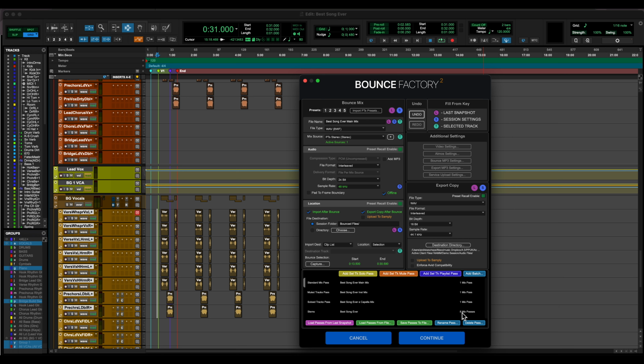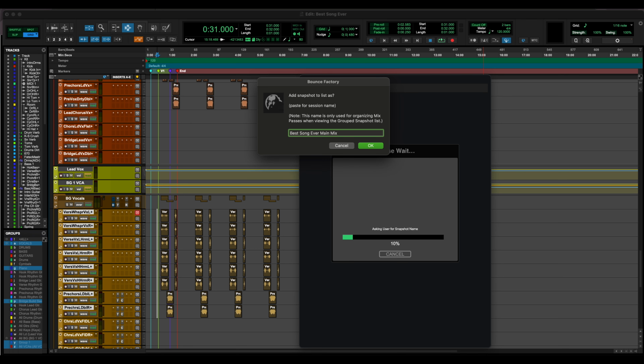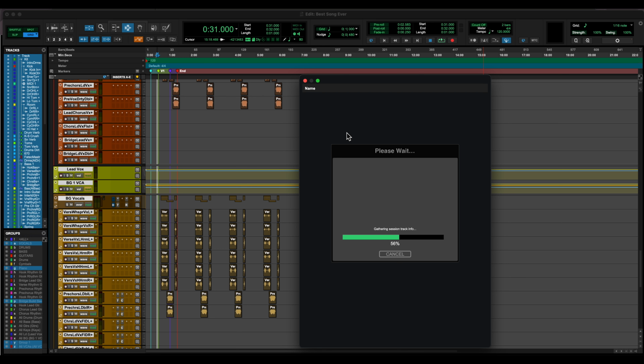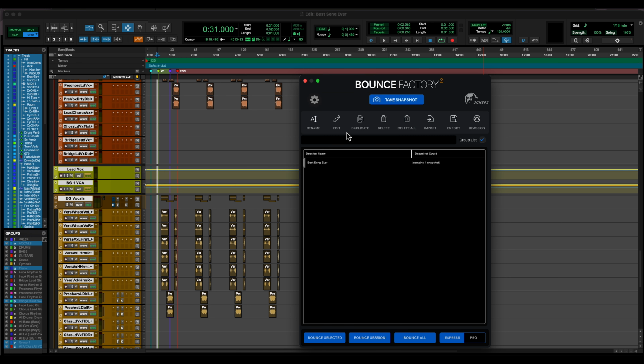We'll come back and talk about some of the more advanced mix passes and also saving templates of the mix passes you use often in another video. Okay, we have all of our mix passes here, and just to make things simple for later, I'm going to turn off exporting. We're just going to bounce these mixes, not export a copy. I'm going to click continue. It's going to ask me for a name to save these into the app. I'm going to call it main mixes, and it will quickly gather all of the information about the session,